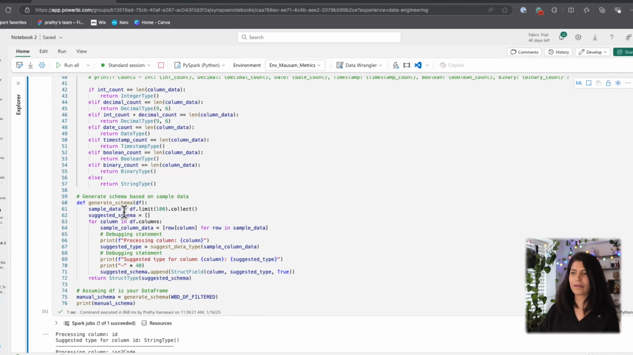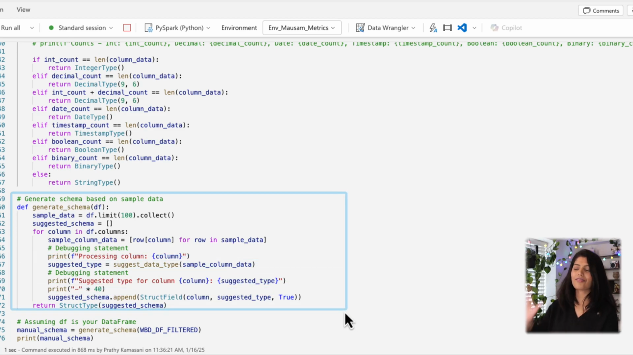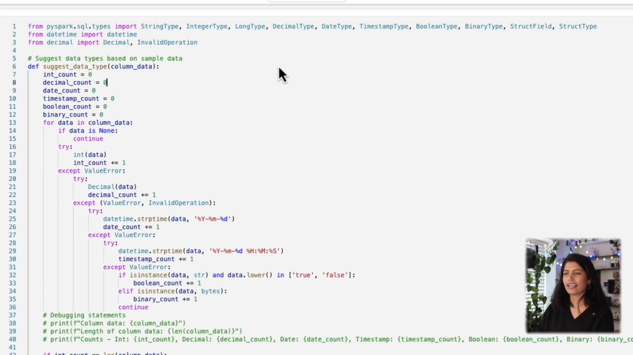Generate schema basically creates the schema for me in a format so that I could just copy and paste it in my next code block. The suggested data type is taking the column data. Column data is basically the data frame, and then it goes to each column and says,